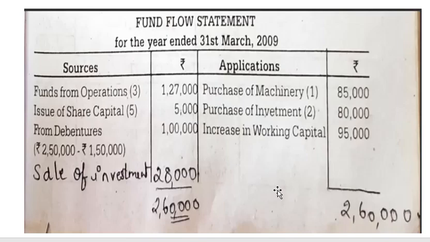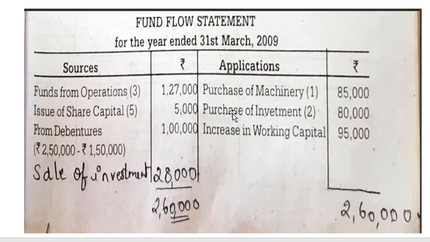Okay. Now the last statement we have to open is the fund flow statement. In the fund flow statement, you will write all the inflow and outflow of cash. Usually you will have fixed assets and the share capital. Then any dividend paid or tax paid will come here. Okay. So we will check the assets first.